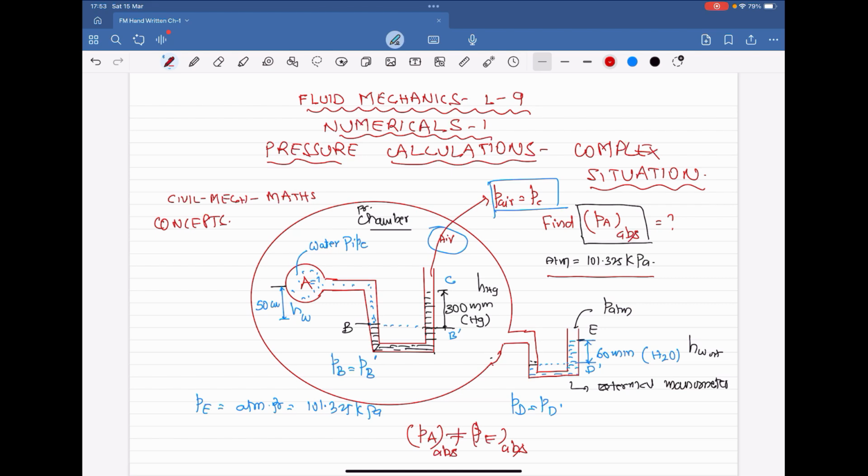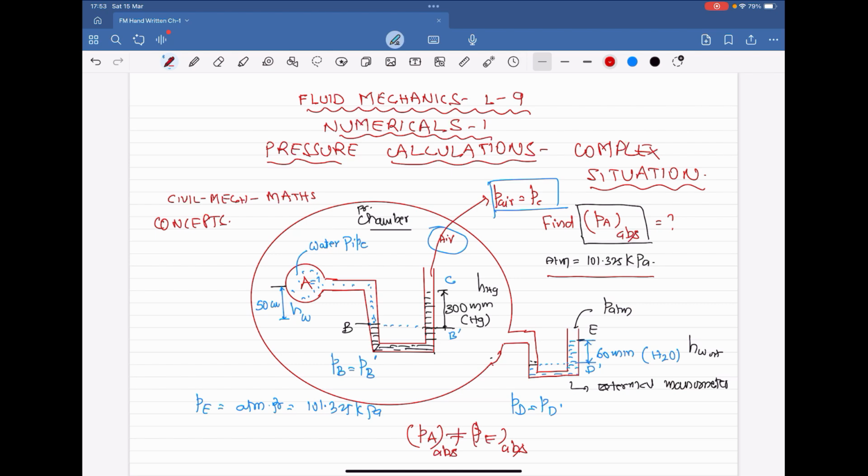And when water is flowing through a pipeline with pressure PA, it exerts some pressure on the manometer. When the mercury manometer is connected to the pressure pipeline, it shows a mercury column of 300 mm,